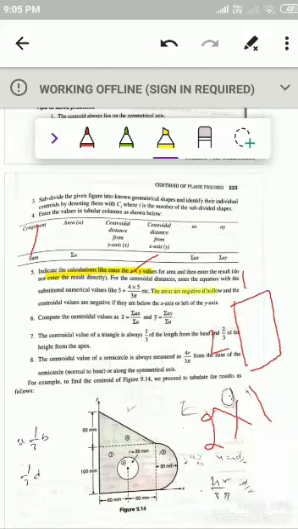If the area is negative, then the centroidal values are negative: below the x-axis and to the left side of the y-axis. Clear? So what does this mean? If there is any hollow area, as you can observe in this figure, this is hollow here, then you have to consider the area of the circle as negative. Minus you have to consider here. And again, if you are considering this as a reference axis and any geometrical figure lies below this x-axis, then you have to consider it as negative.